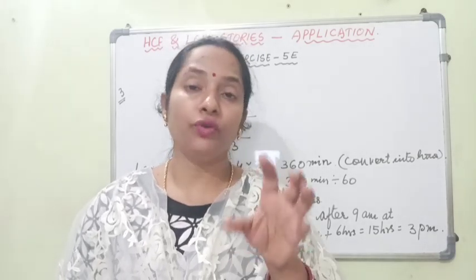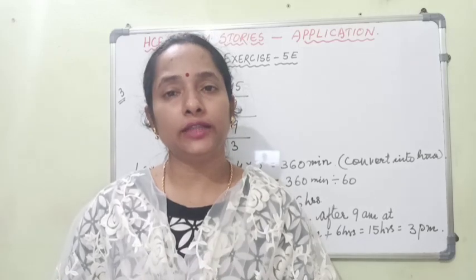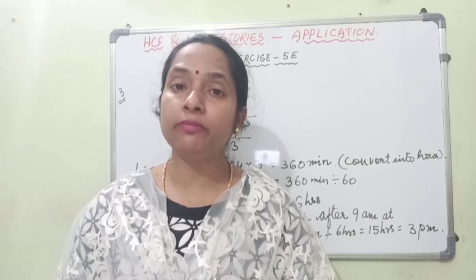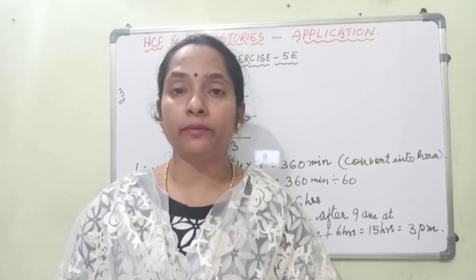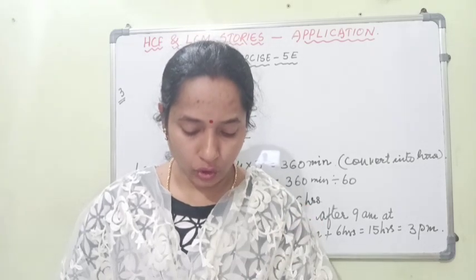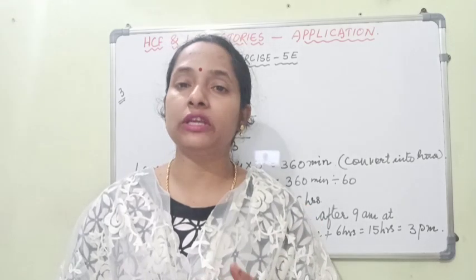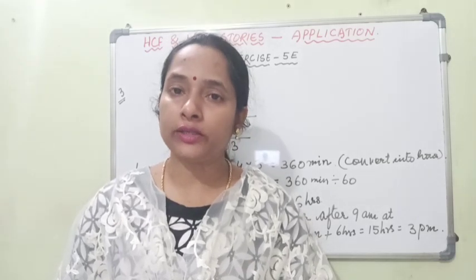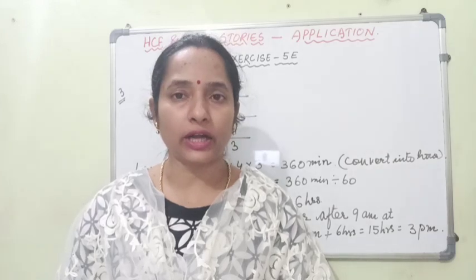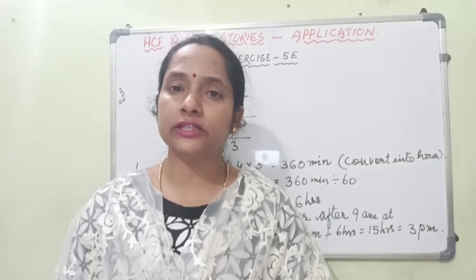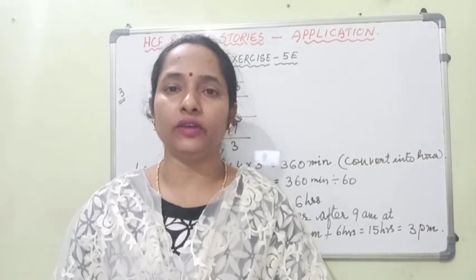So children, you find the LCM of these 3 numbers, and whatever number you get will be the minimum number of students who can be made to stand in rows of either 15, 20 or 25. Understood? You try these sums. Two sums I have done for you, and the rest you try, and I will give you more sums to practice. Whichever sums you have doubts about, we will definitely discuss in our live classes. Okay? Thank you.